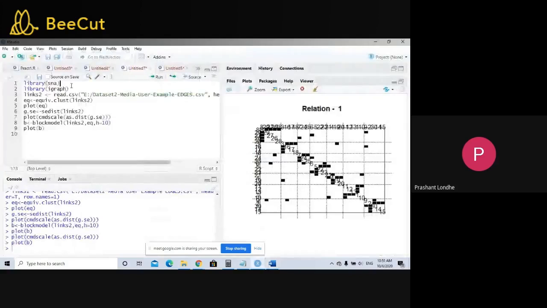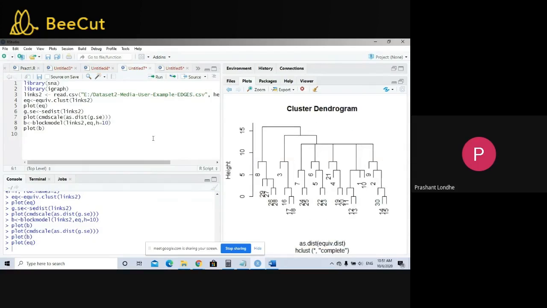Now here you are going to import the SNA library, as well as you are going to import the iGraph library. Now you need to import the CSV file. It will be given in the question paper, and you are supposed to take it according to that actual question. Then you are going to display the clusters, and you are going to plot these clusters. So the clusters are displayed according to this. This is a dendrogram, and you're going to display the dendrogram. You're going to display the relations between two modules or two variables based on that dendrogram.